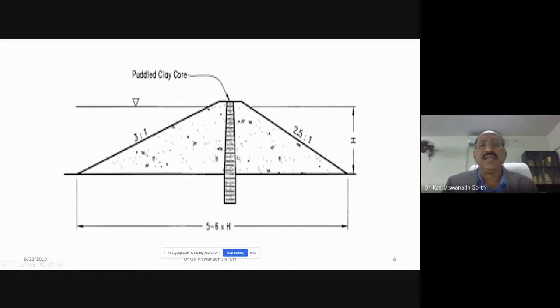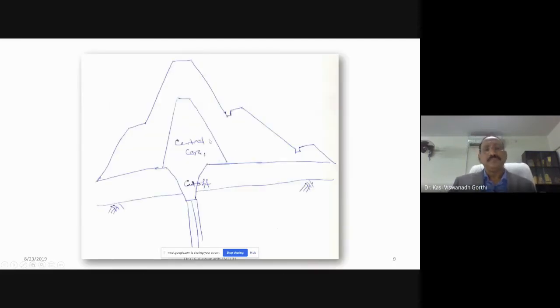You can see here a central vertical core is provided. You may observe from the top towards the base of the dam, the thickness of this core is changing. You may observe in the figure, at the top it may be about say 1 meter, at the bottom it is becoming about 2 meters, something like that. Why is it increasing? Because from the top to the bottom, you need to provide a thickness equal to 30 to 50% of the head. So this is the schematic representation.